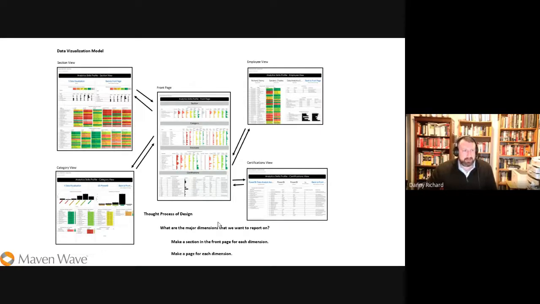So in my instance, the major dimensions were section, category, employee, and certification. Well, with those being the key dimensions that I want to report on, I can make a section for each of those dimensions, as I do in the front page, and then I make a side dashboard for each section as well, and that creates this